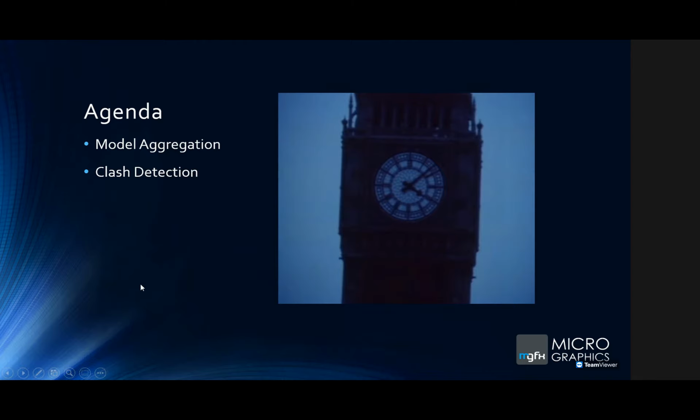So on the agenda today, we're going to have model aggregation, or how do we get a model to perform for us within BIM 360 to do some clash detection, and then to do the actual clash detection itself. And what you can see on the screen there is just a picture of Big Ben there in London, just to get the idea across that these technologies and the protocols that govern this